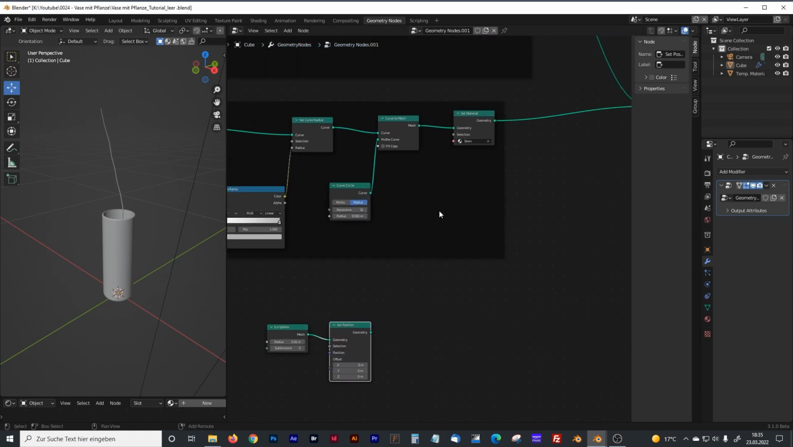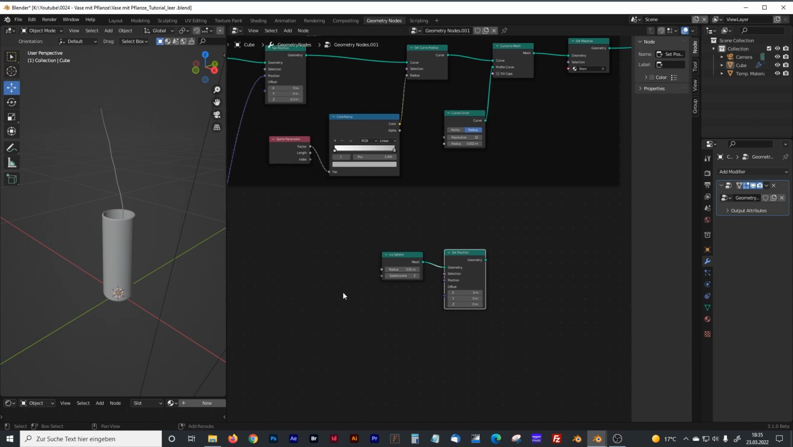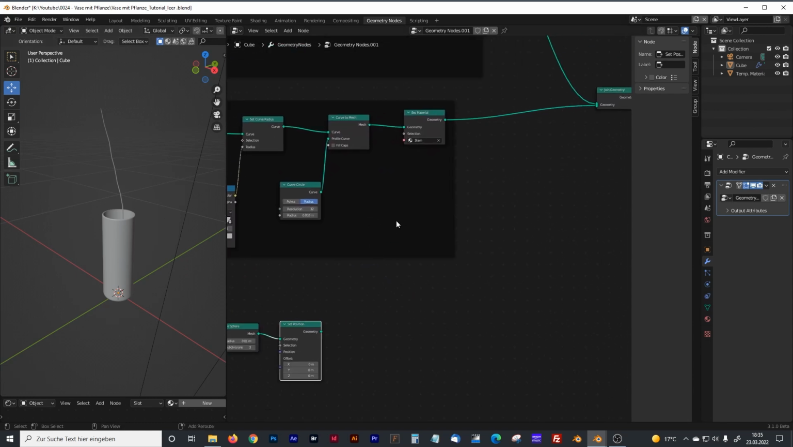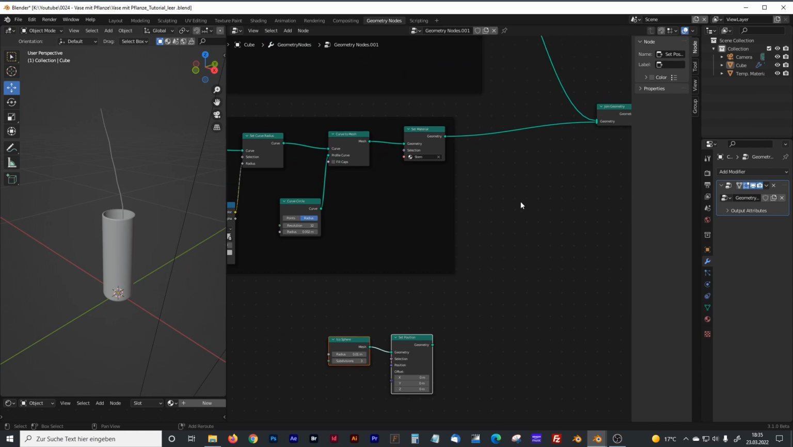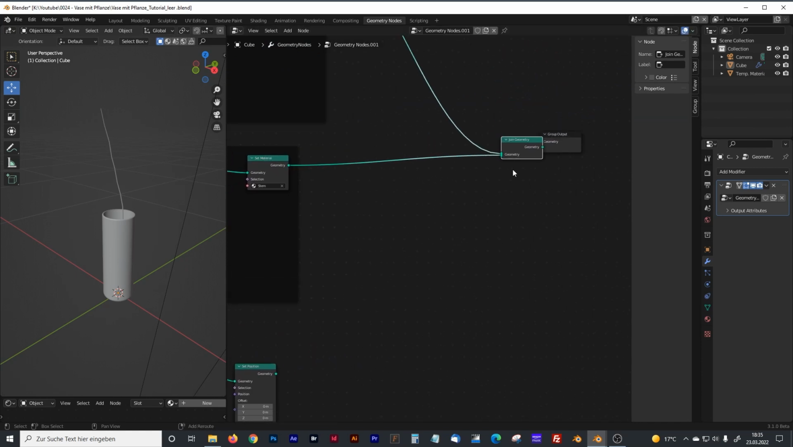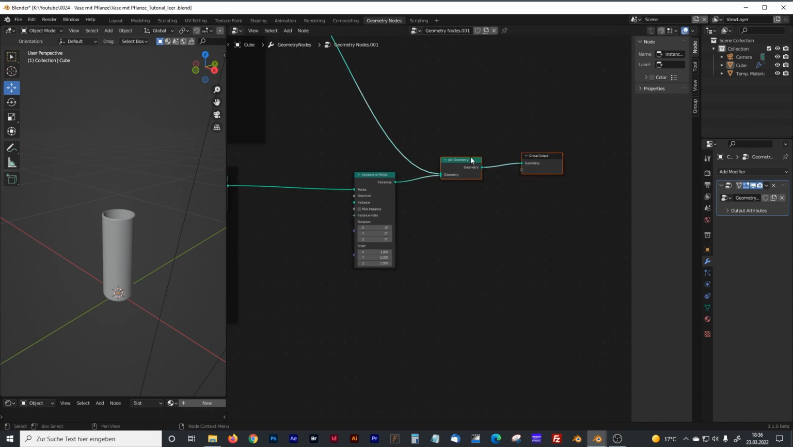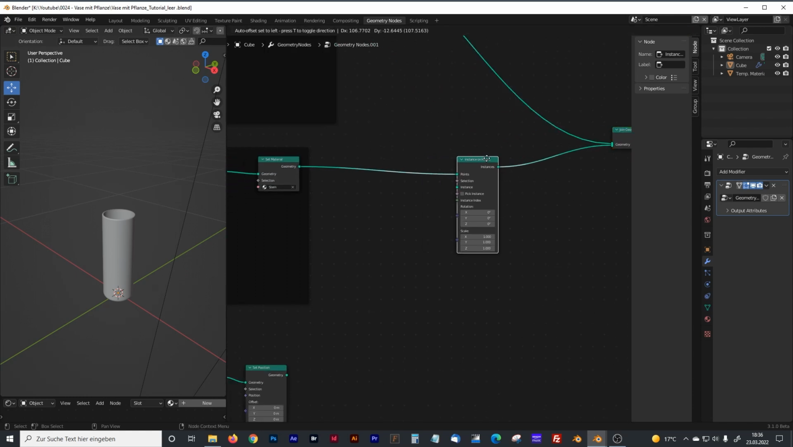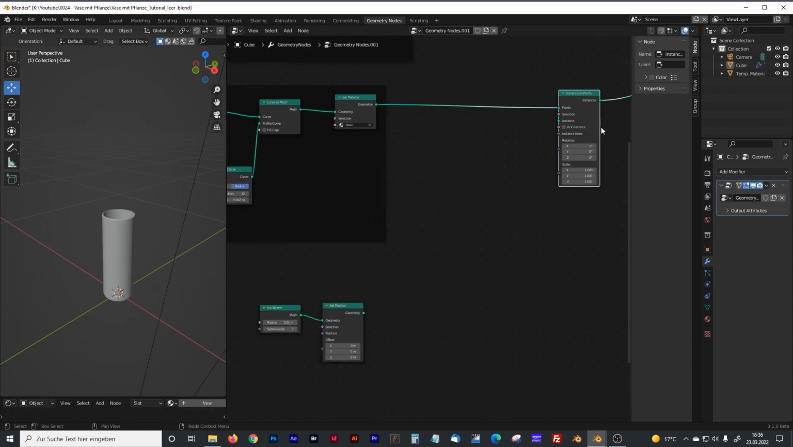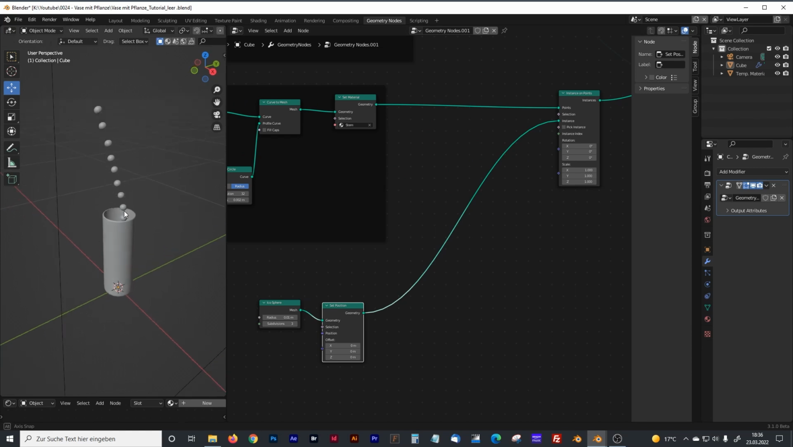And now it's time to place the blossom on our stem. To do that, we are going to create an instance on points node after our stem. Maybe there. And as instance, we can use our icosphere. So we plug that in as instance, and as we can see, the